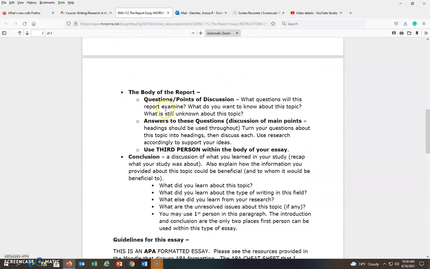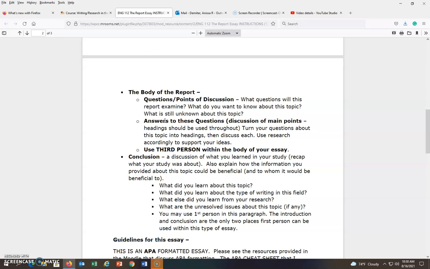And then the body of your report. When you brainstorm your topic, let's just say you're choosing phobias. When you are brainstorming, you're going to try to figure out, okay, what am I going to talk about in my essay? So what you will want to do is get a sheet of paper and just list questions that you have about that topic. You know, what are phobias? What are the different types of phobias? What are the most common phobias? How are phobias treated? Can they be cured? Do they affect a certain population of people more so than others? I mean, there's tons of questions out there that you might want to ask yourself about that topic.